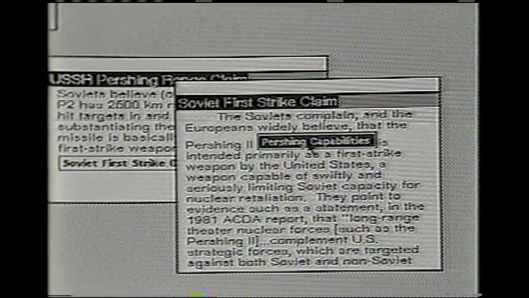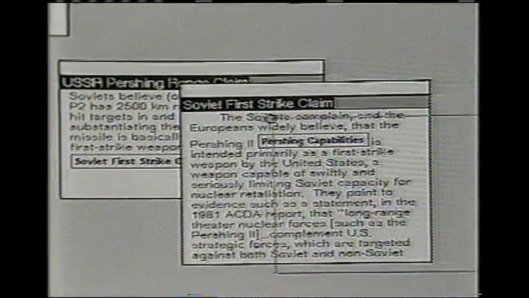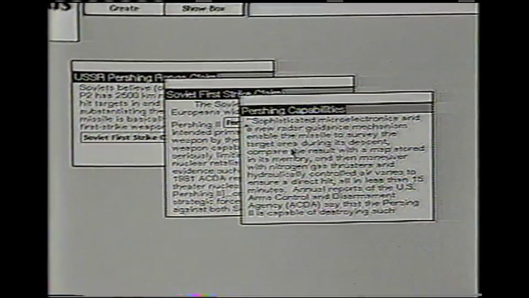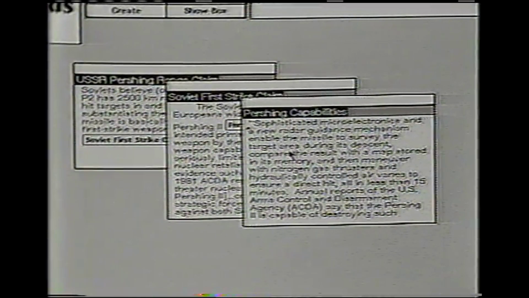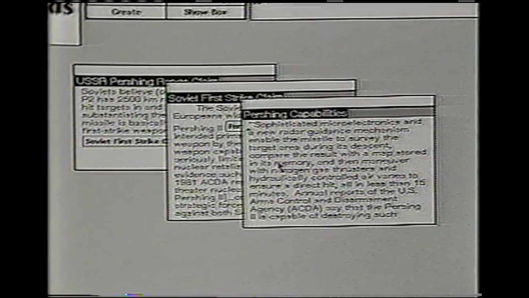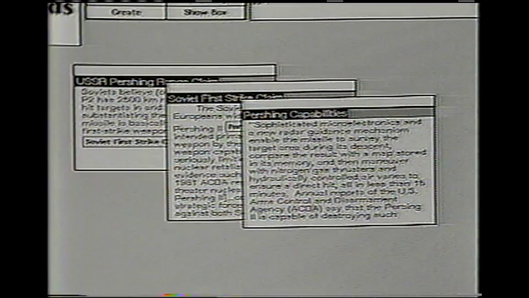If we point to that link within the note card, we retrieve the third note card, Pershing capabilities, which again is some set of text about the Pershing missile capabilities. So we see that we have 3 note cards linked together in the network. Now the system can draw